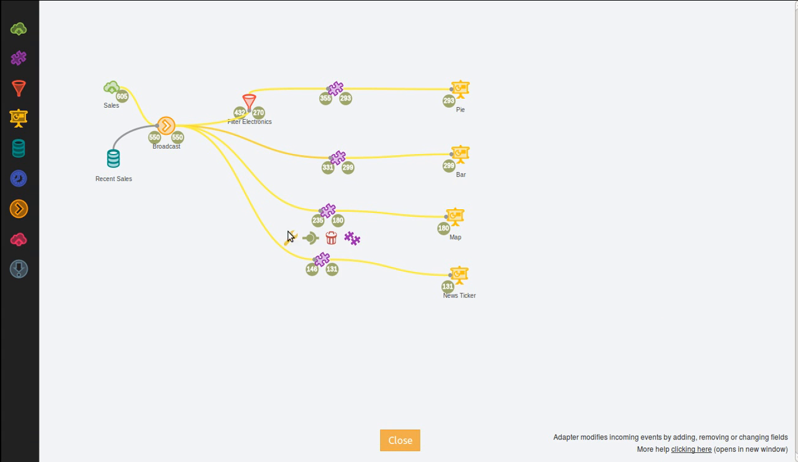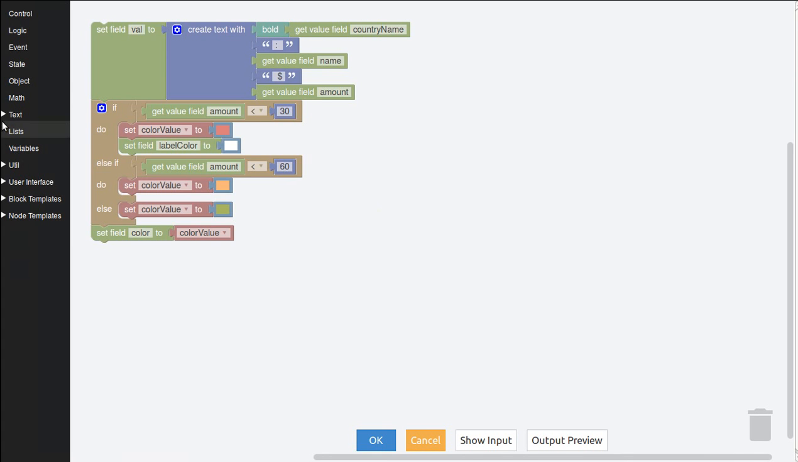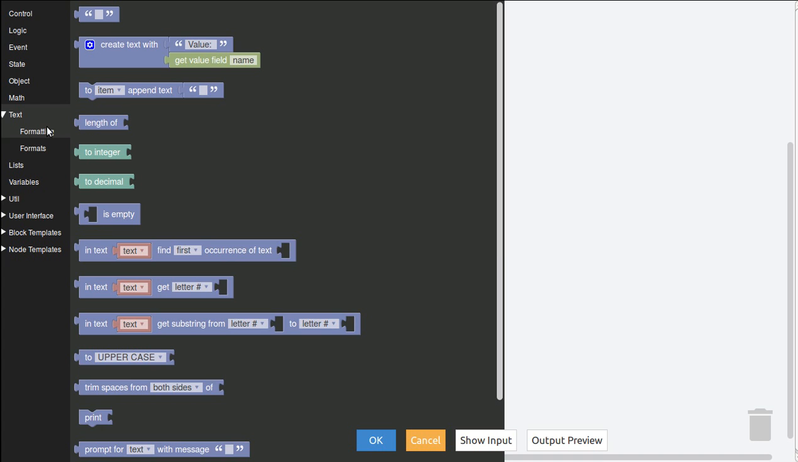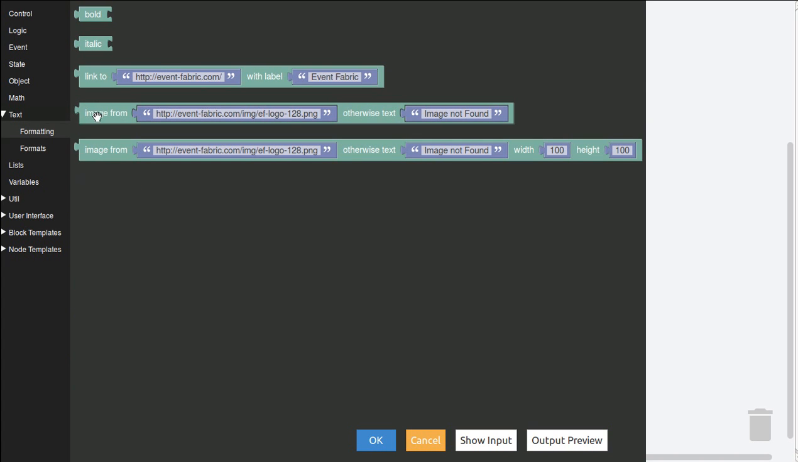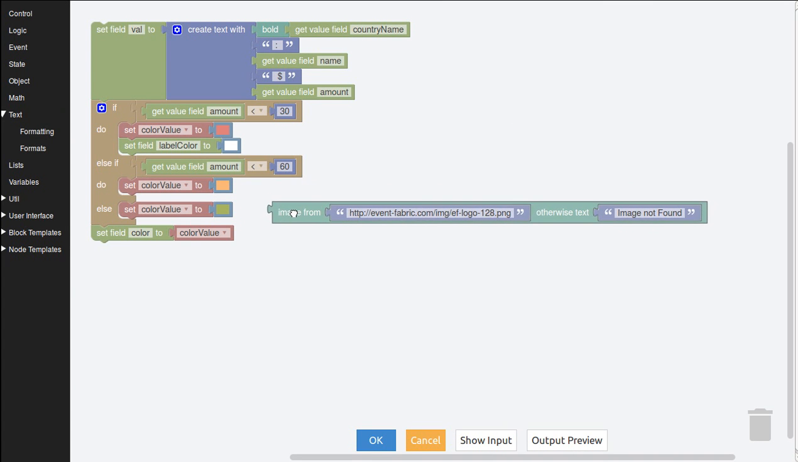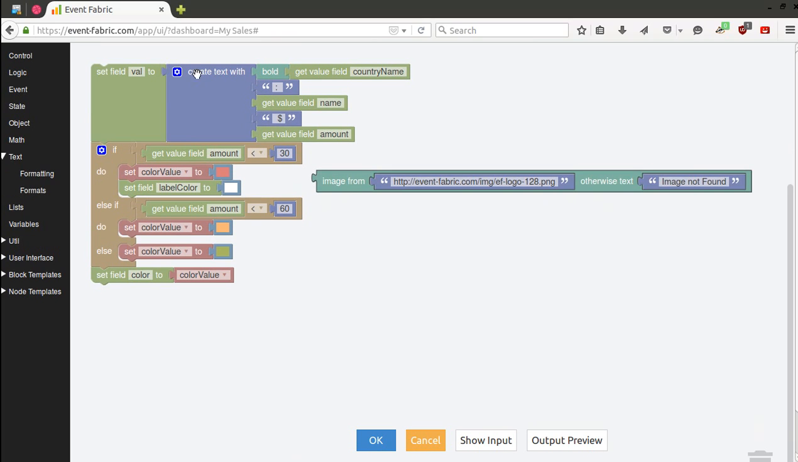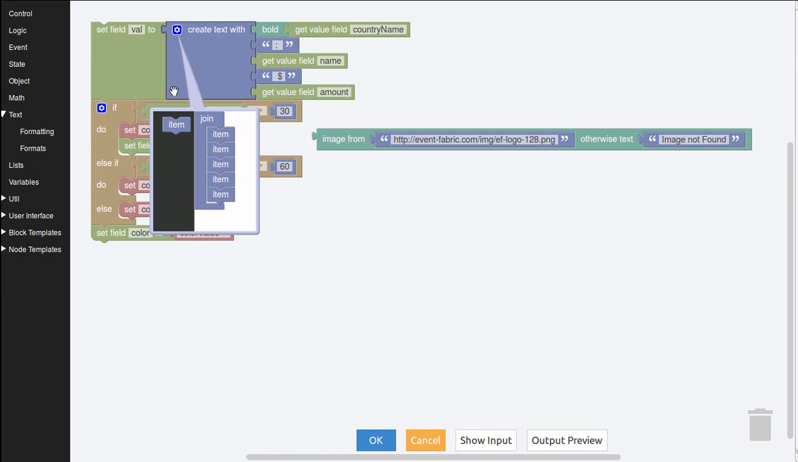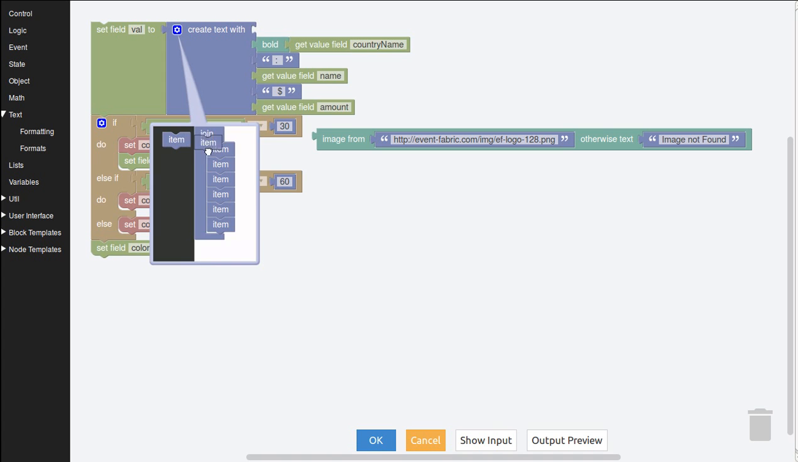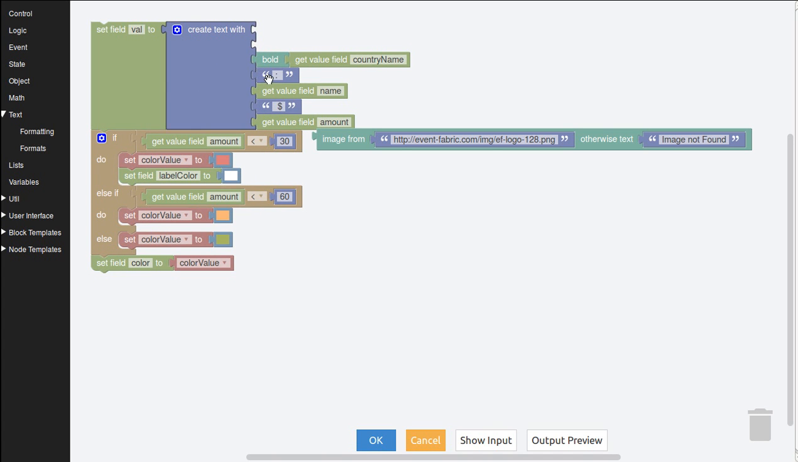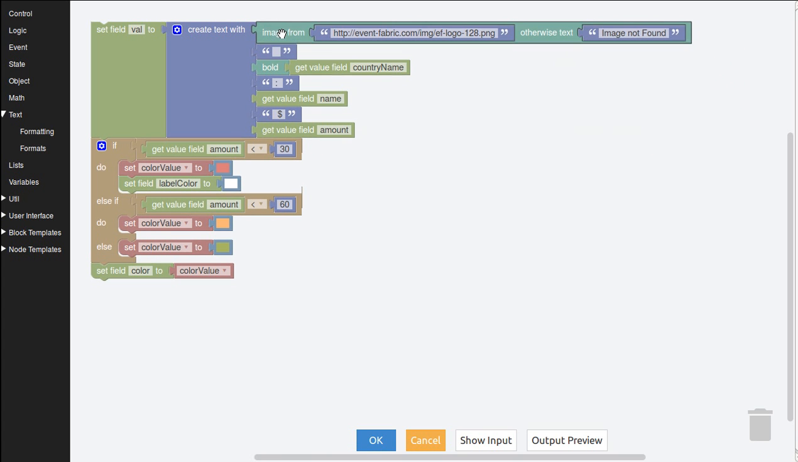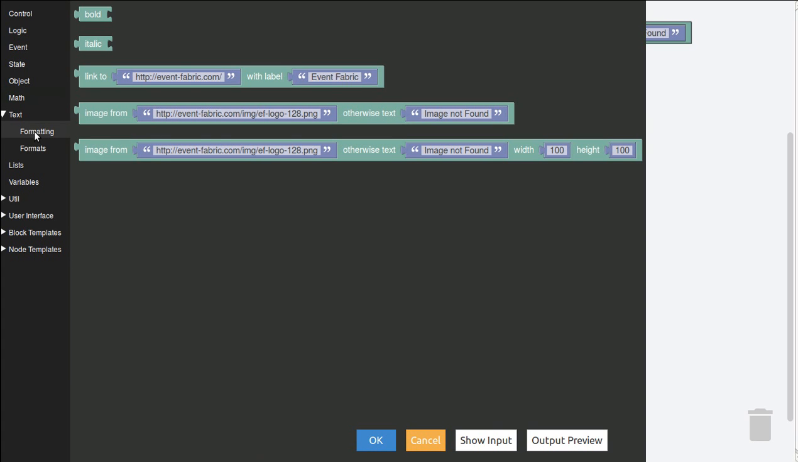which is more formatting. Go to text, formatting, and it says image from. That's what we want to do. We want to put it before the country name with a space, so we would add 2 items. And for the flag, if we go to